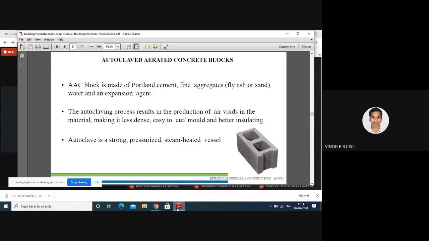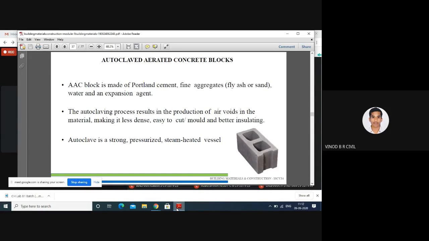And the next one is the fine aggregate. They are mentioning here fly ash or sand. As we know, M sand is one of the materials and river sand is also one of the materials for the manufacturing of concrete blocks. Fly ash is a waste material from thermal stations. They use fly ash as a filler material. We can expect a small amount of binder material in fly ash, and good strength when you add fly ash in a cement concrete block. And water, as we know, is also one of the primary materials to mix the cement and fine aggregate.